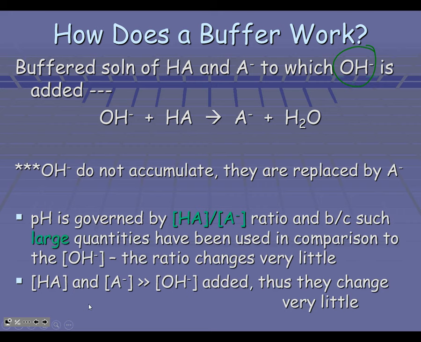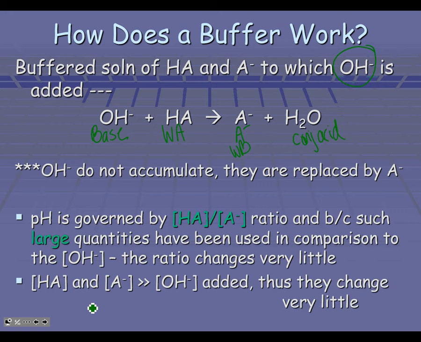And so here we have our base. Here we have our weak acid. The base is able to accept a hydrogen ion from our weak acid. That makes some more of our A minus, our weak conjugate base. And then over here we have our water, which is acting as our